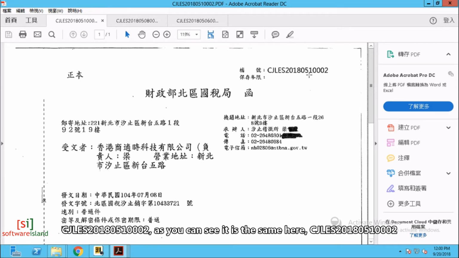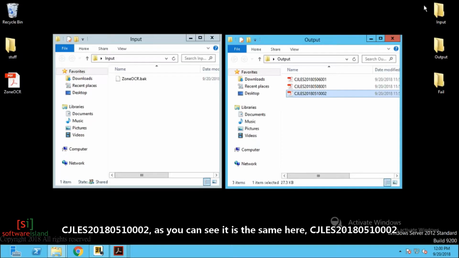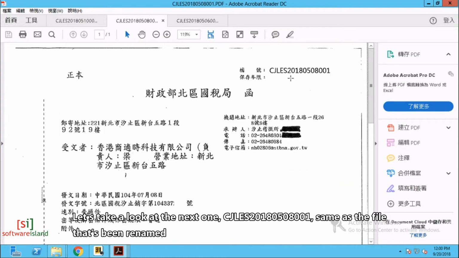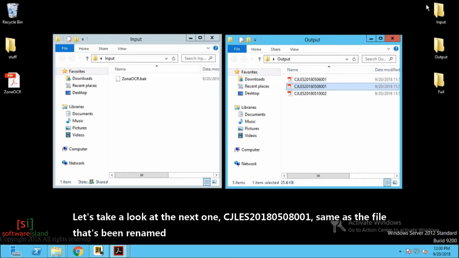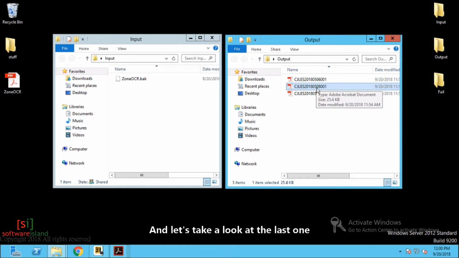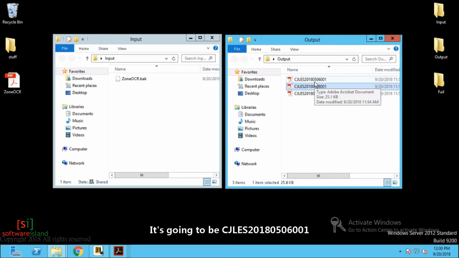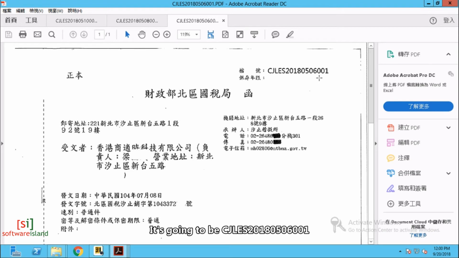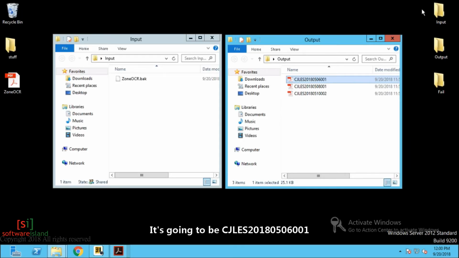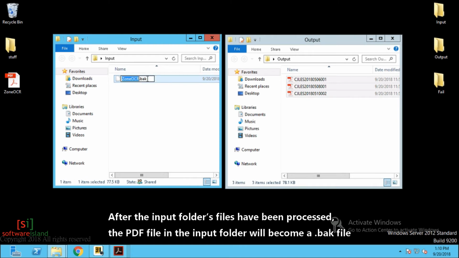CJLES 2018-05-10002. As you can see, it is the same here. CJLE 2018-05-002. Let's take a look at the next one. CJLE 2018-05-08-001. Same as the file that's been renamed. And let's take a look at the last one. It's going to be CJLES 2018-05-06-001. After the input folder's files have been processed, the PDF file in the input folder will become a BAK file,